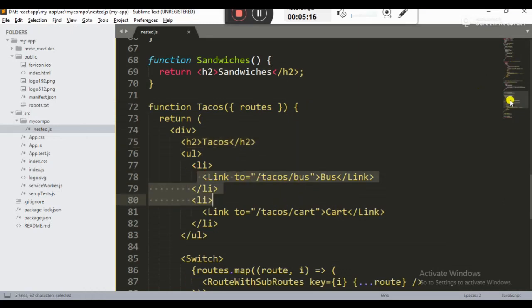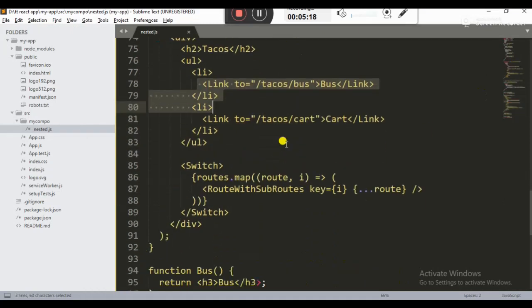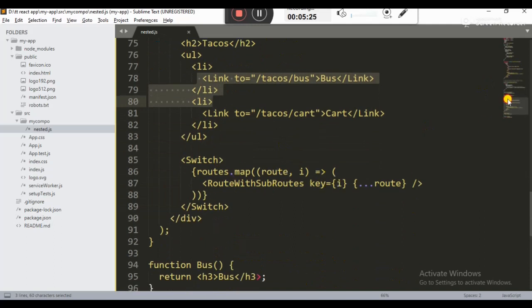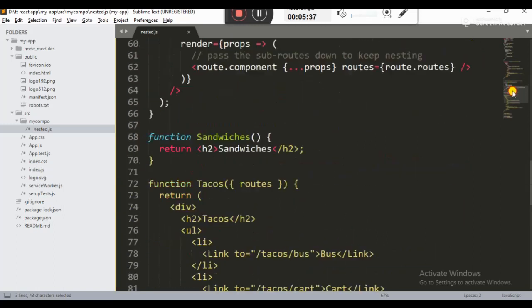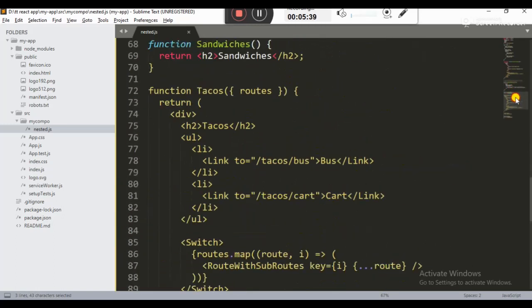Both links are configured by using this switch. And when you click on the switch button, it shows two components, bus and cart. So we have three components, you can see in total the first one, second and third, and the fourth one is this. Okay, so this is the basic route config here.